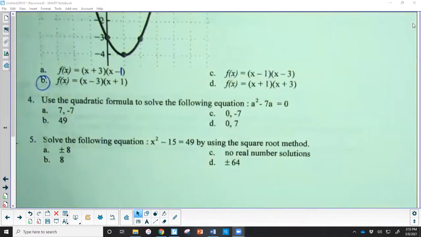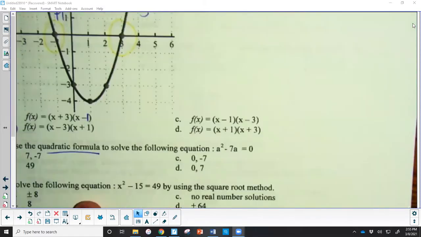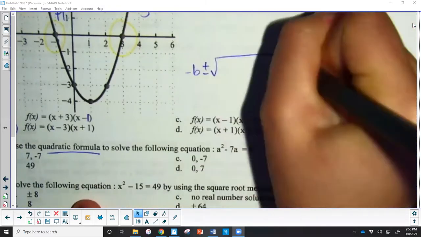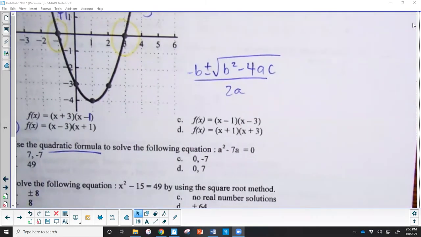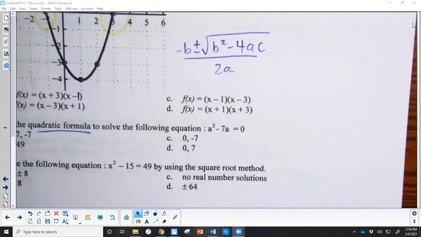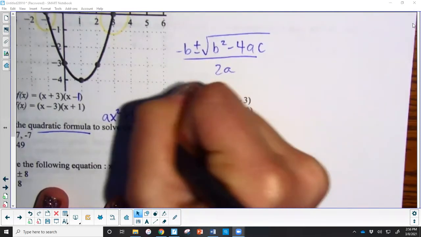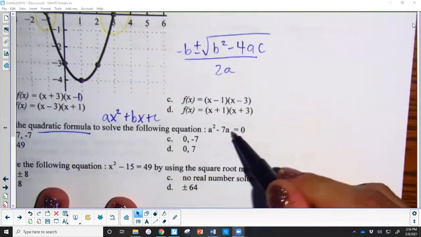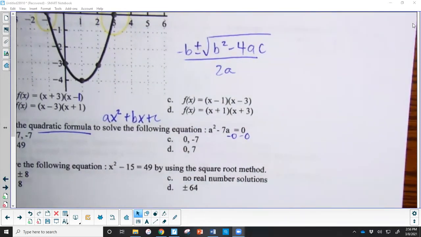We're using the quadratic formula for this. So the quadratic formula is on our formula sheet. I also know the song, negative b plus or minus square root, b squared minus 4ac all over 2a. And we need an a value, a b value, and a c value. Not a as in the variables, but as in the coefficients in front of those variables. It's always ax squared plus bx plus c. Now, I don't have a c on this side, and on this side I have 0. Even if you subtract 0,